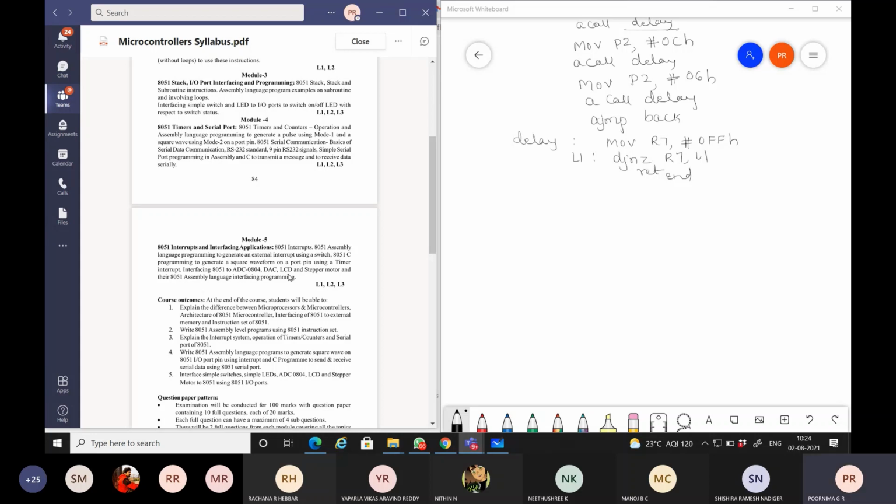So the next interfacing is your LCD interfacing. This LCD interfacing is done through 8255. This 8255, as it is not given in your syllabus, because your syllabus has been very simplified. If you look, go back to your